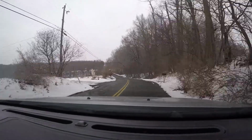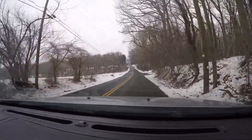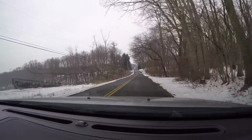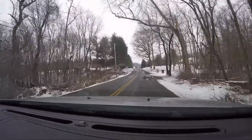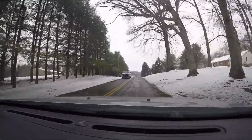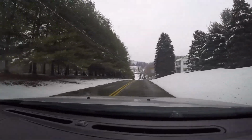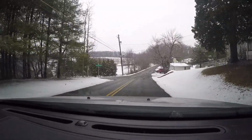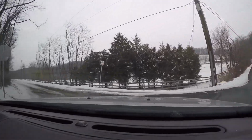Because finding the actual park and parking lot with waterfalls can sometimes be a challenge, I'm going to record video of both approaching from the south as though one were coming from Baltimore, and from the north as though one were coming from Pennsylvania. This is Claremont Mill Road that we're on right now, and we're now going to make a left on the Falling Branch Road. Further directions will be posted in text in the video, but